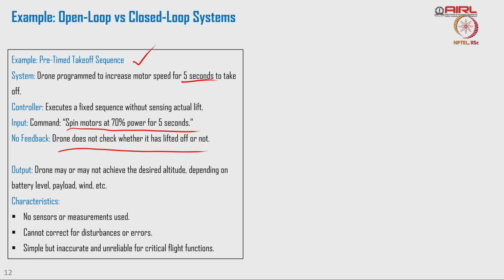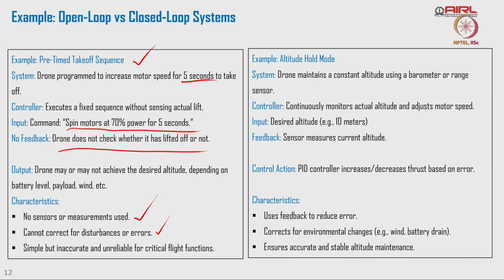So, the characteristic of open loop systems is that no sensors or measurements are used, and since there is no feedback, it cannot correct disturbances or errors. Yes, an open loop control system is simple, but inaccurate, unreliable, and sometimes it can give rise to an unstable system. On the contrary,